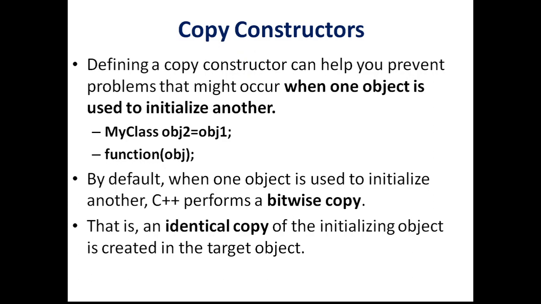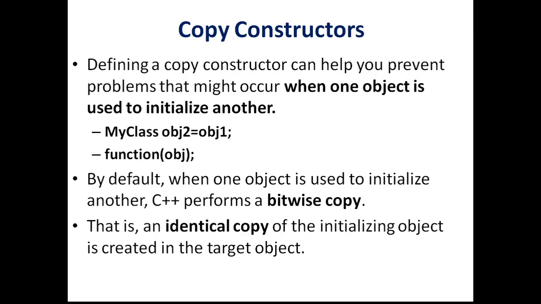But unlike the other constructors, this copy constructor is used only in a particular condition, and that condition is when we are creating an object by using another object. So we use an existing object to initialize a new object. Only in that particular context there is a potential problem, and that problem could affect the object, and to avoid that we go for the implementation of copy constructor.